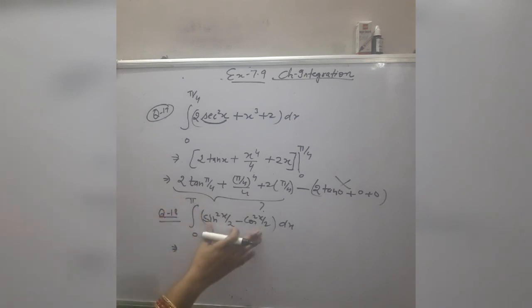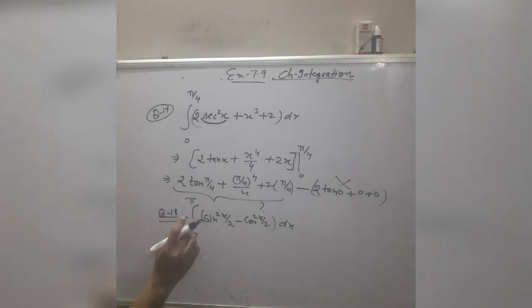Now all of you know that there is a formula for cos 2x, cos square x minus sin square x. But here sin square x by 2 is written first, that's why you can take minus common. After taking minus common it becomes negative, here you will get positive sign. So cos square x by 2 minus sin square x by 2 can be written as cos x, using the trigonometric formula, the formula of cos 2x, and these limits will remain as they are. The integration sign also remains as it is.